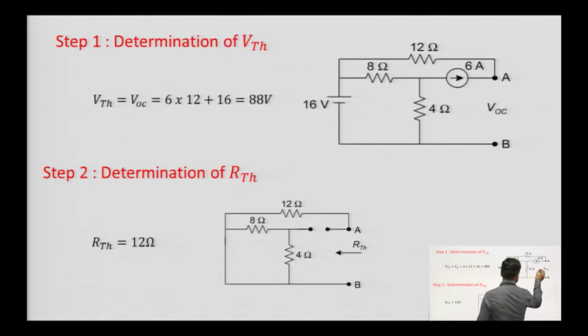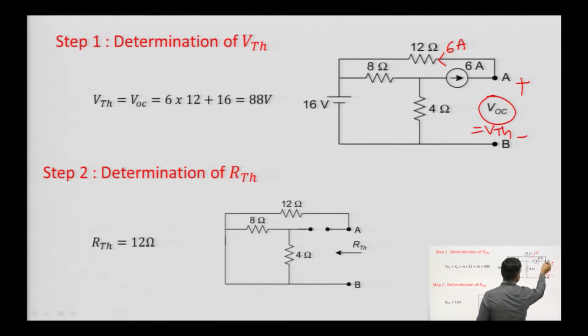After open circuiting, we have defined the voltage across AB as VOC, which will be equal to VTH. If, for example, the current flowing in this resistor is 6 ampere,